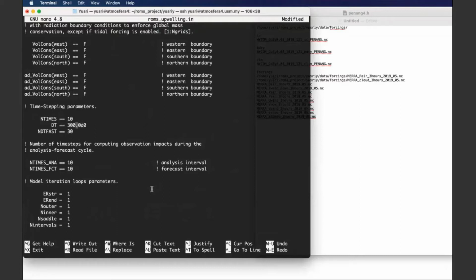This is 5 minutes because 300 seconds divided by 60 is 5 minutes. So let's say we change it to 1 minute, 60 seconds. So the number of times depends on how long we want to model. Let's say 1 hour, maybe 2 hours, 120. Divided by 60 is